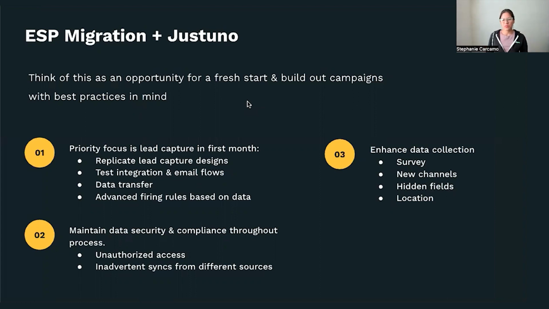So your email service provider and Justuno, they will work together, before and after your migration. But ideally, if you're moving to a new platform and exploring a migration, it's because we're trying to solve for something, right? And we're trying to make our lives easier or trying to understand where we may need extra support. So in this case, when we're thinking about your email service provider and Justuno, it is an opportunity for a fresh start on site in how we build out a campaign with pop-ups and emails to how we capture that